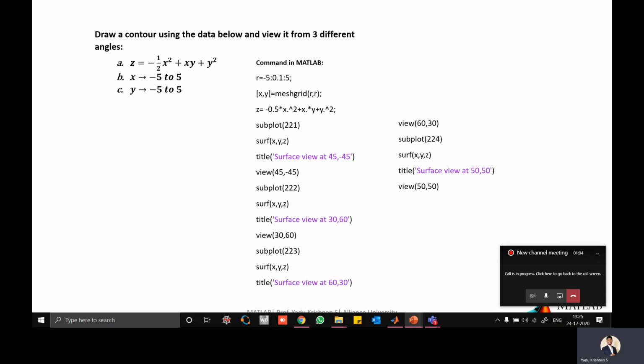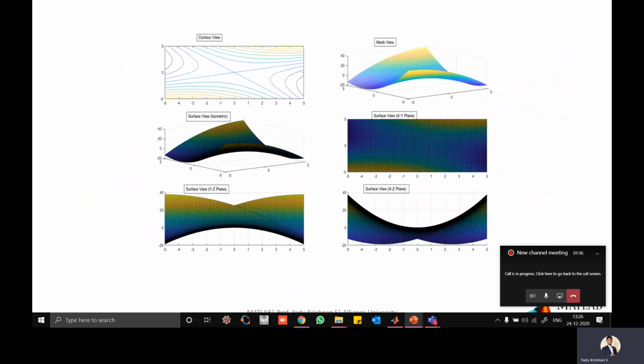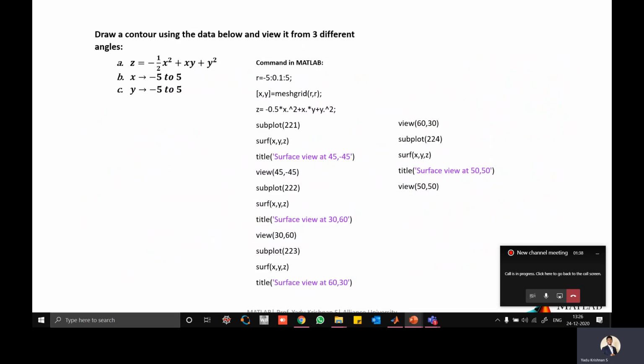That is the viewpoint or the perspective, meaning which angle you are seeing that particular surface from. The perspective will be changing. It may change from maybe 45 degrees, 30 degrees, 50 degrees, 60 degrees, and so on. The same equations we can use. Yes, only the same equation which we discussed earlier is used here.